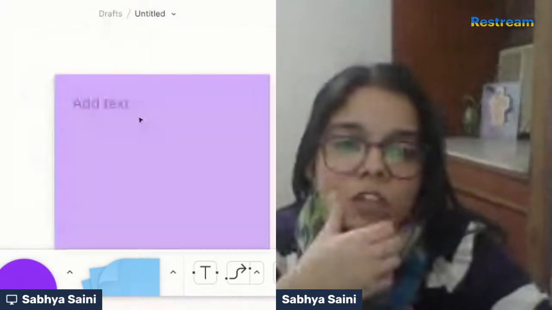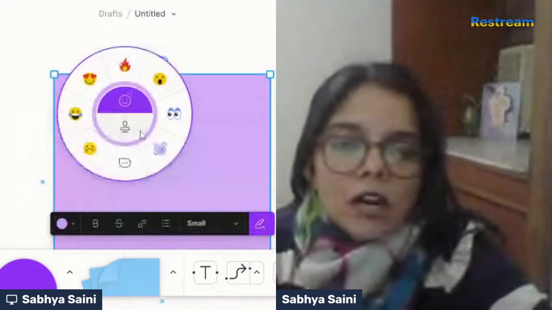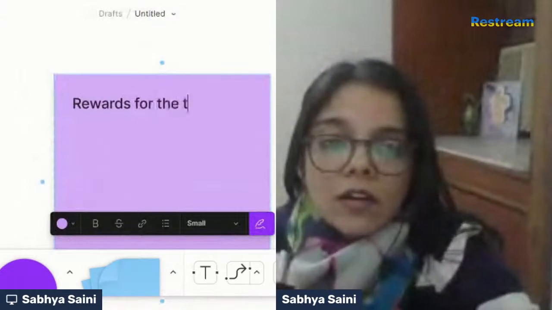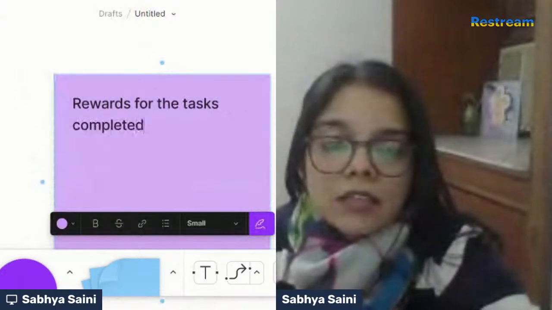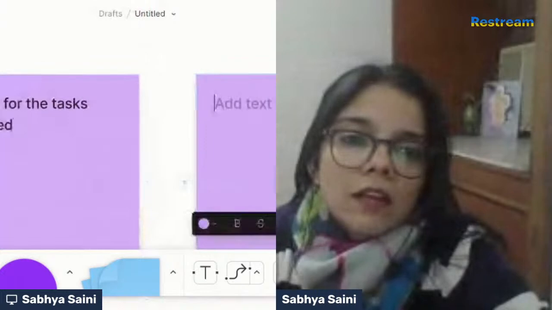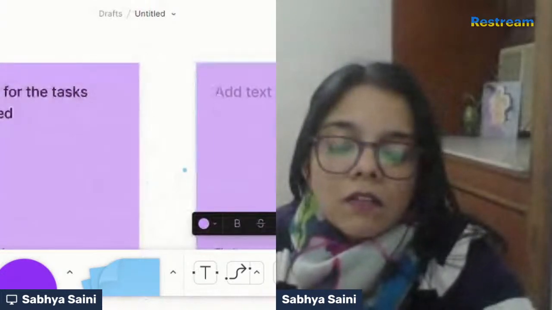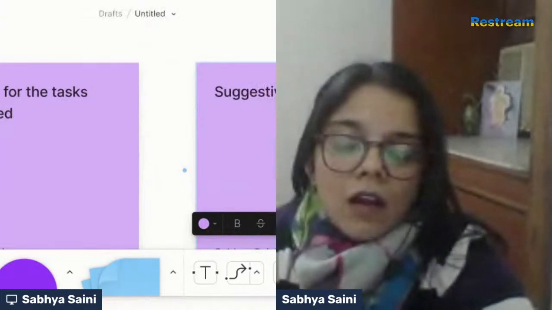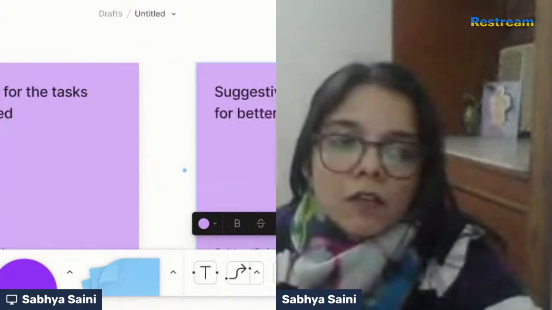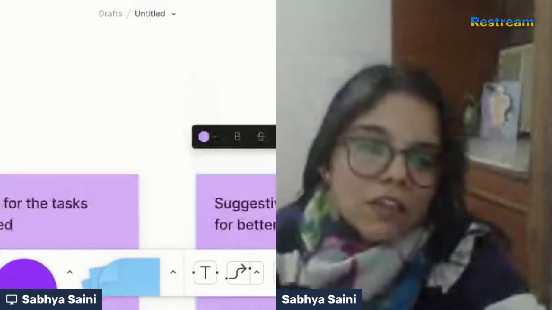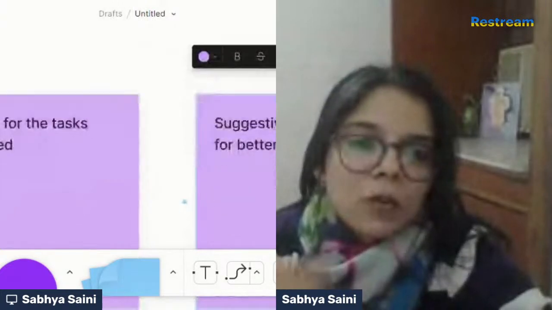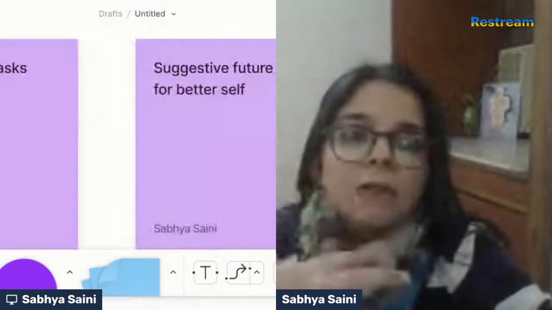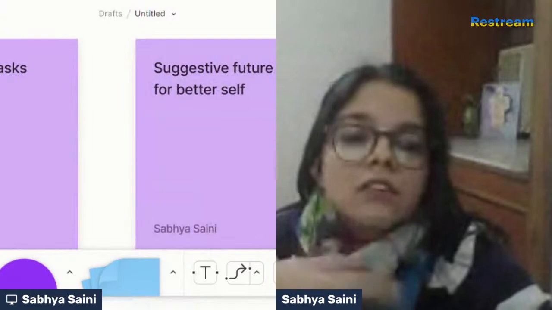Then motivations. So our motivations on the app for the user are definitely rewards for the tasks completed. A suggestive future path or a better self is definitely a motivation for the user going to our platform, because then the data they are providing by performing the tasks on our app is a desire to receive a clear vision of what is working for them and what is not. So yes,